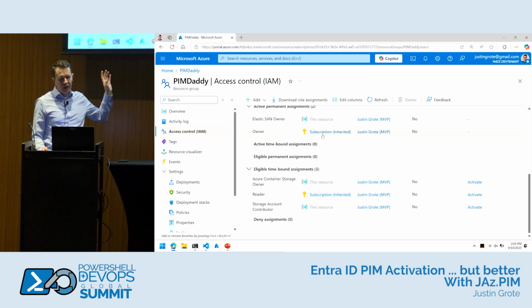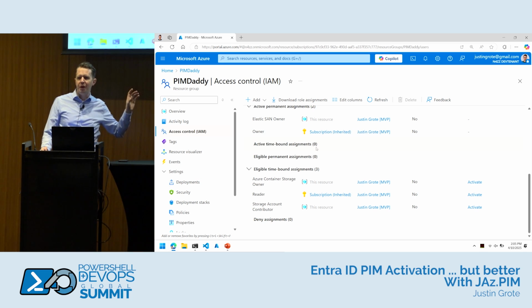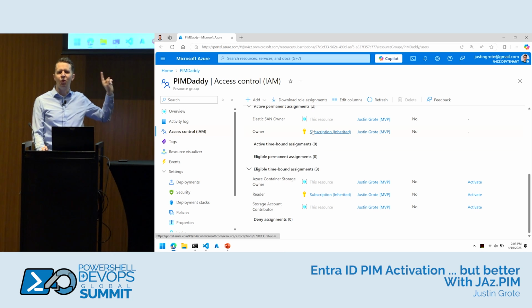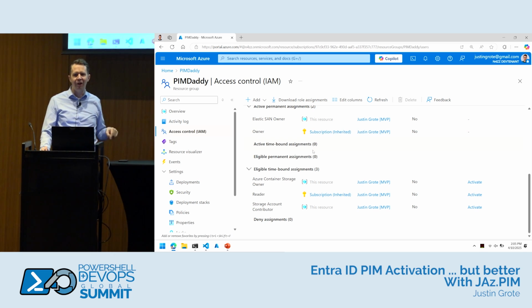But you can picture in your important app, maybe you have a PIM role for virtual machine contributor to allow them to get on there to do things. But you only allow that in emergencies because you've been attending this whole conference. You do everything DevOps and destroy and build, and you never have to get in those virtual machines ever. But just in case, maybe you want the ability to have somebody get in there if they have to go to a virtual machine, RDP it, and fix something that you forgot about in your pipeline